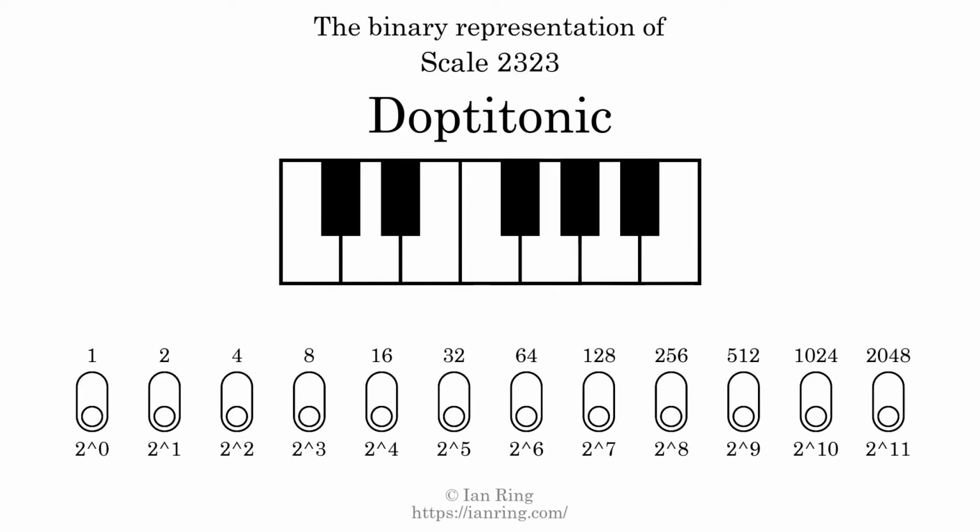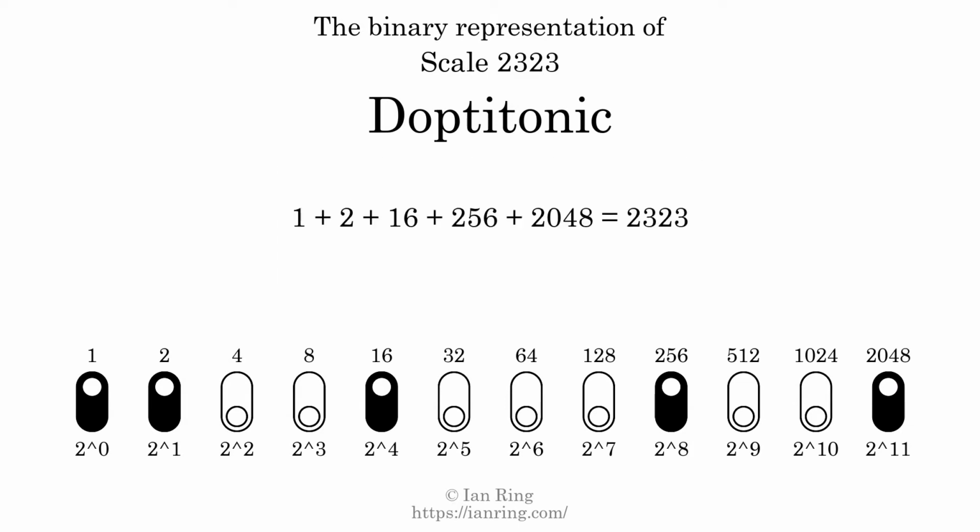The binary representation of this scale is determined by mapping tones of the scale to binary digits. Each binary digit represents a power of 2. To get the scale number, we add the powers of 2 together. The powers of 2 that are present in the scale, all added together, equals 2323. That is why the scale number, in decimal, is 2323. The scale number not only enumerates the scale with a unique index, but it also literally describes the tonal content of the scale. Represented as a binary number in base 2, the scale number is